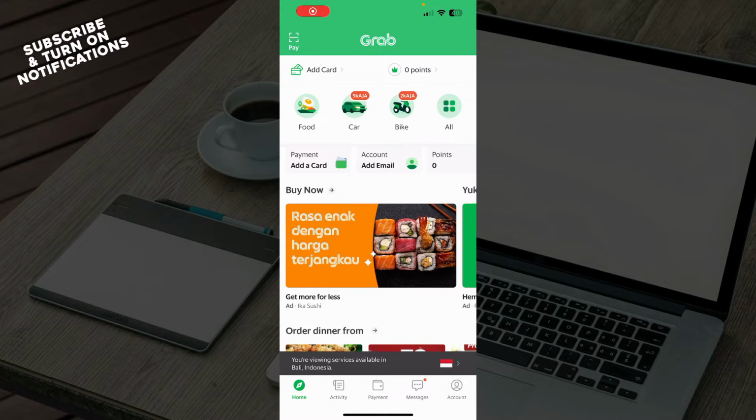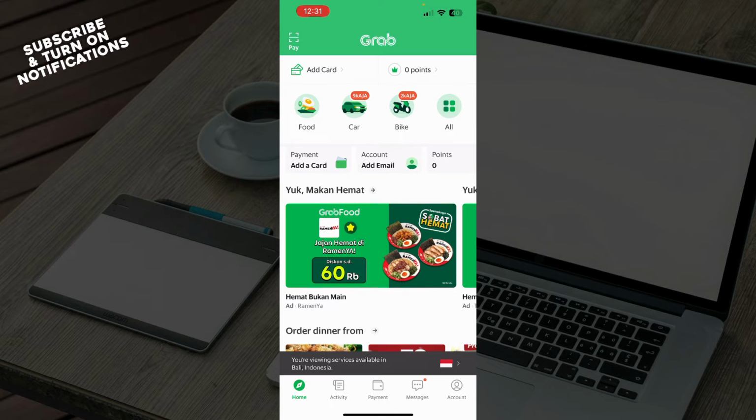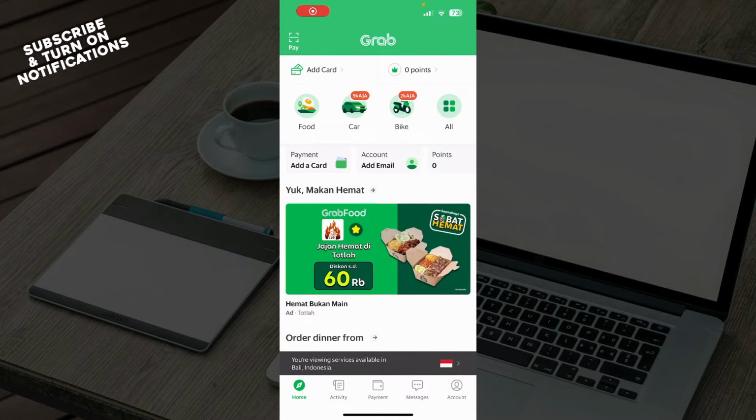Hello guys and welcome back to the channel, where today I'll be showing you how to change destination during your ride on Grab. Now guys, the first thing that you of course need to do is go and download